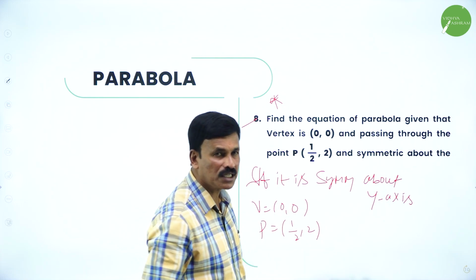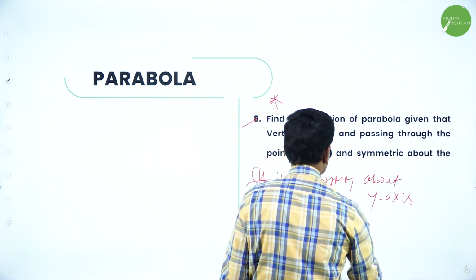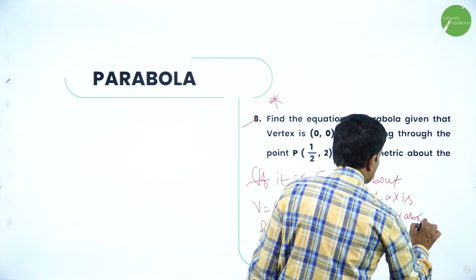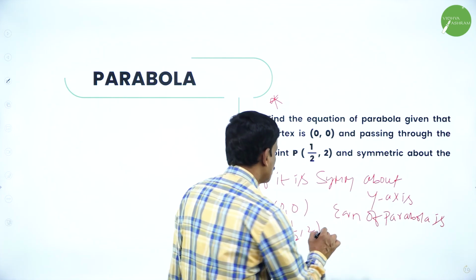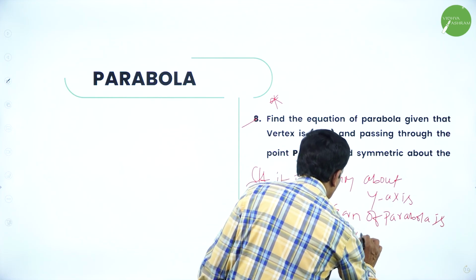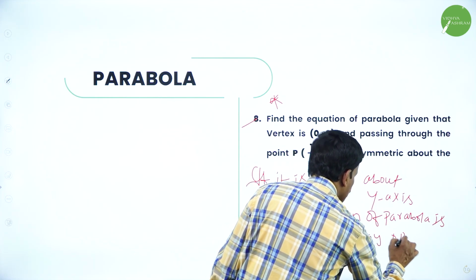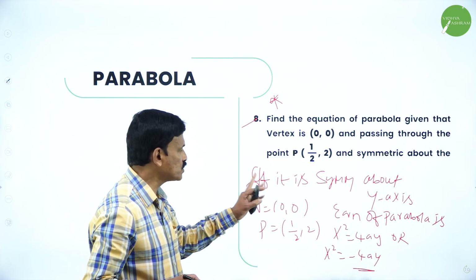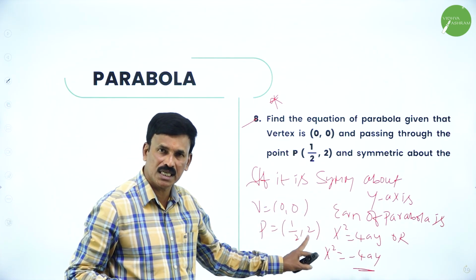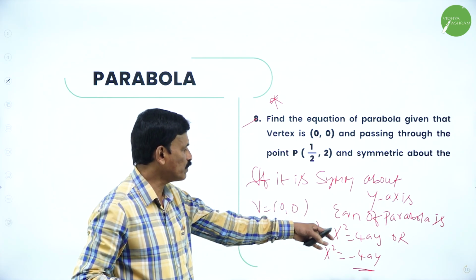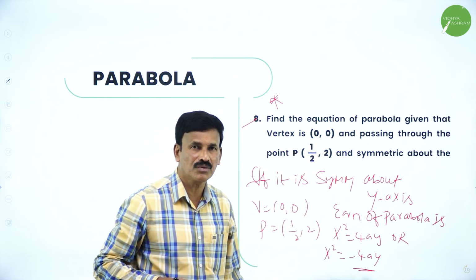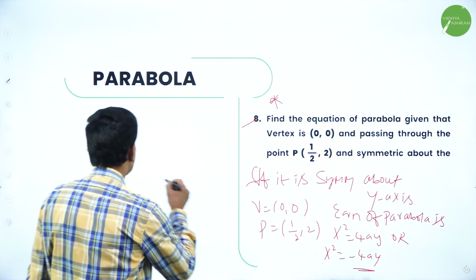Since it is symmetric about the y-axis, the equation of the parabola is x square is equal to 4ay or x square is equal to minus 4ay. Now what is the point given? Since it passes through